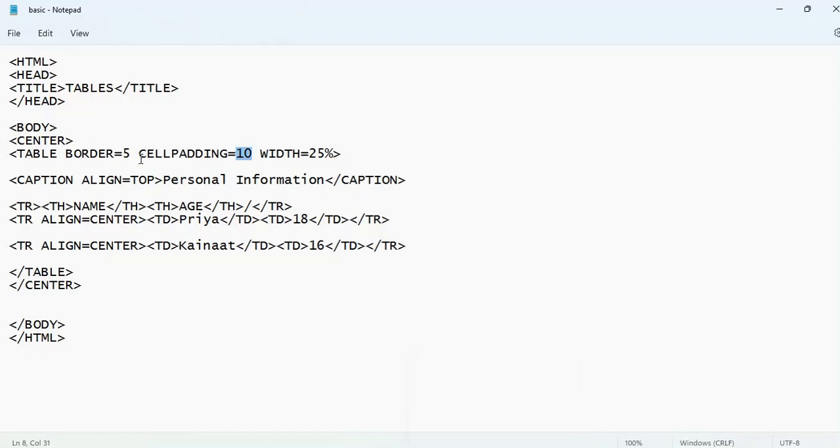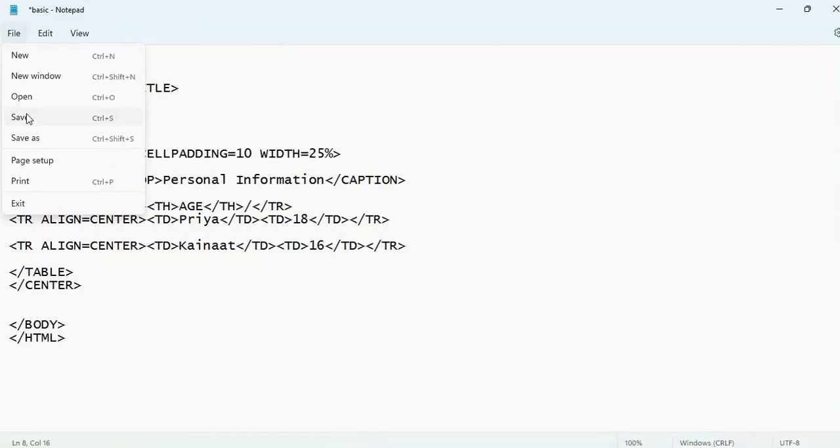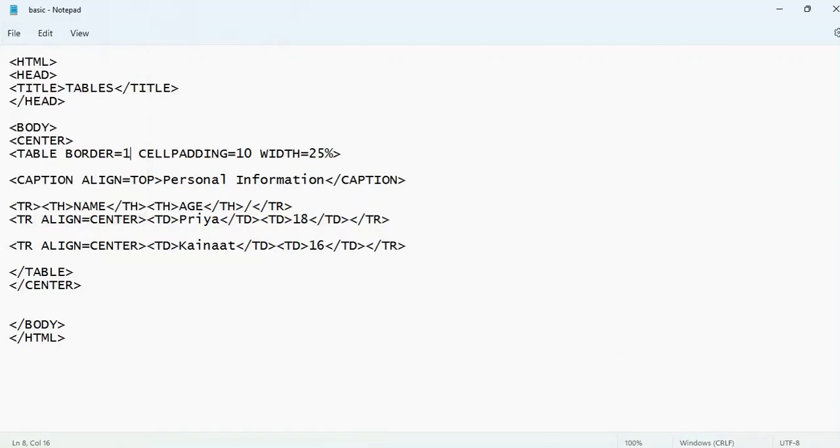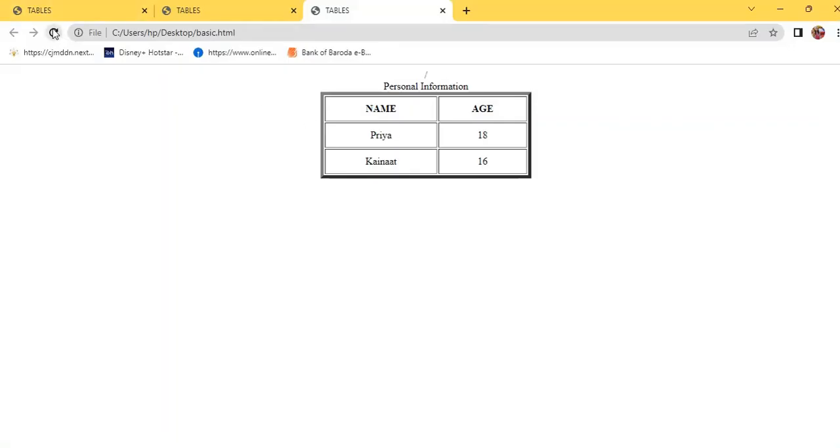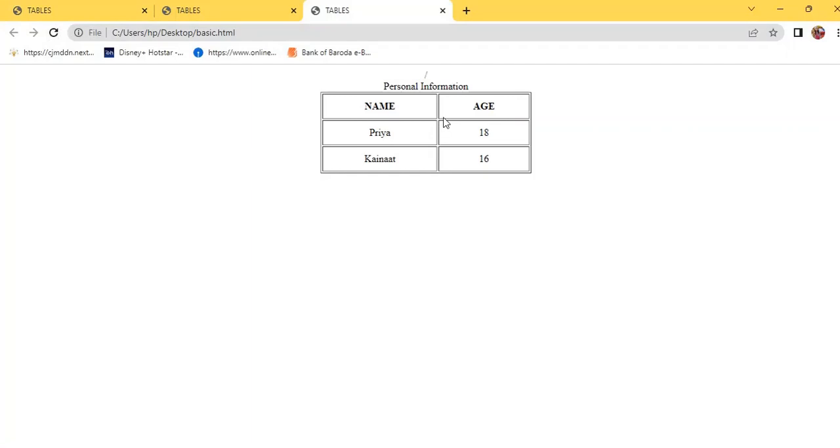Now what if I give the border to 1? Now I don't like the border to be too thick, so I say border equals 1. Now I refresh it once again, so my border is lighter now. Right,